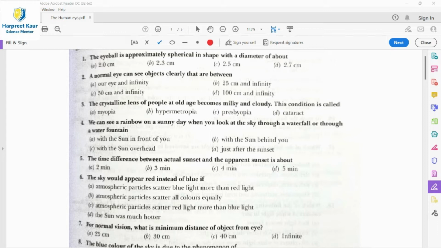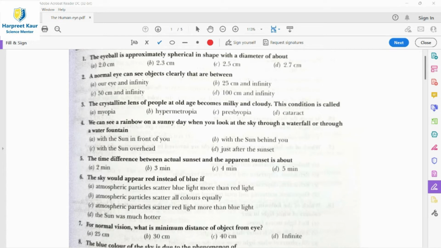So the main parts of the human eye are the cornea, which is the front part of the eye, made up of a transparent substance and bulging outwards. Then comes the iris, just behind the cornea. It is a flat colored ring shaped membrane. The next part is the pupil, a hole in the middle of the iris. It appears black as no light is reflected from it. Then the next part of the eye is the ciliary muscles.